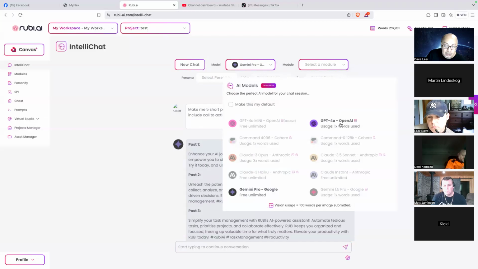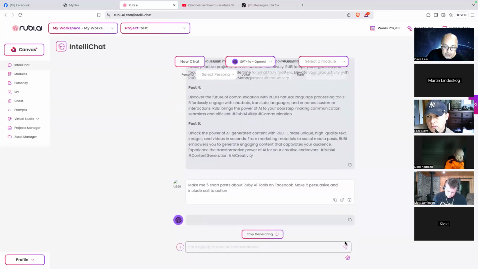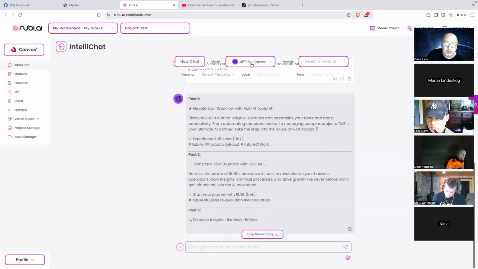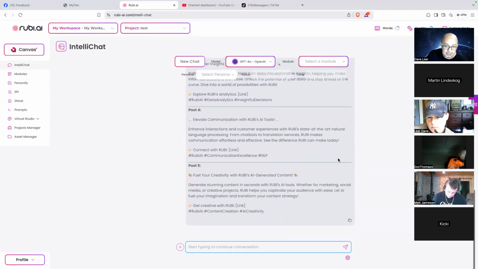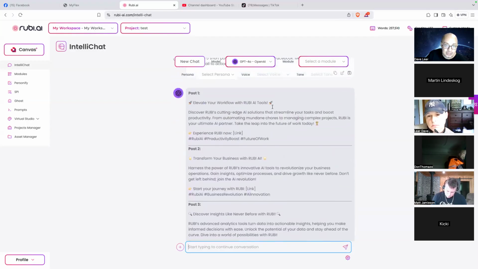Okay, so this will use more credits, but GPT-4o is more intelligent. It's more upgraded. And all you have to do is click this edit button, and just submit it again. And it will generate again coming from GPT-4o. Okay, so you can see here that they give different replies. It really depends on the chatbot you're using. So this is what GPT-4o is giving you.